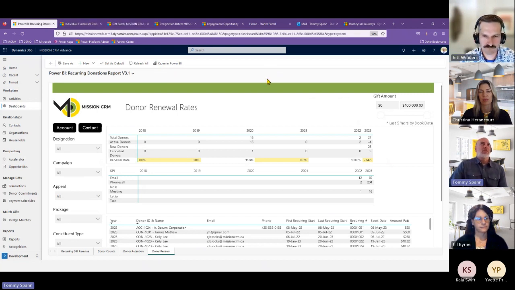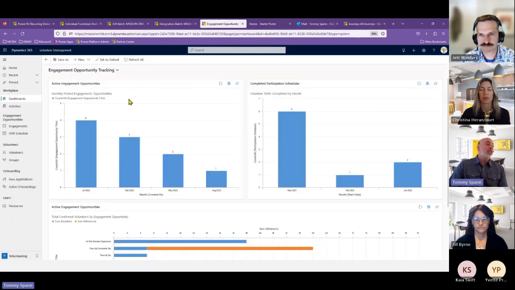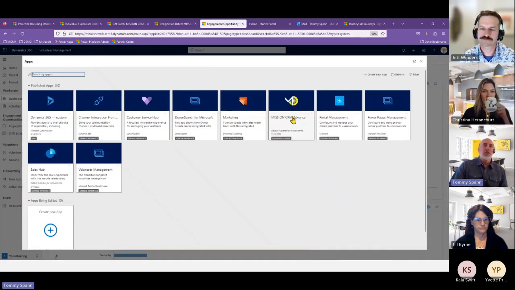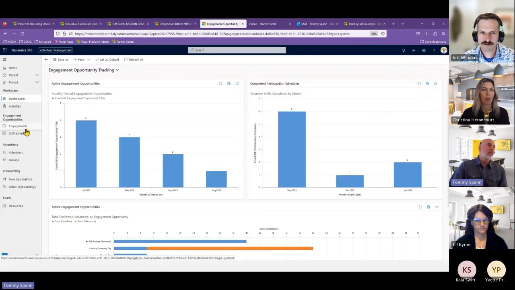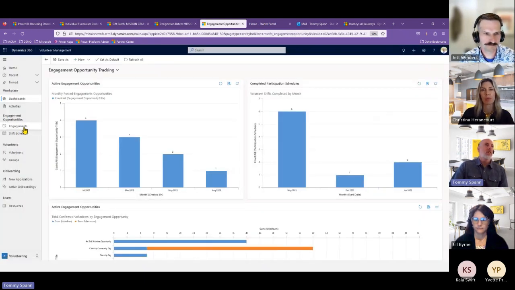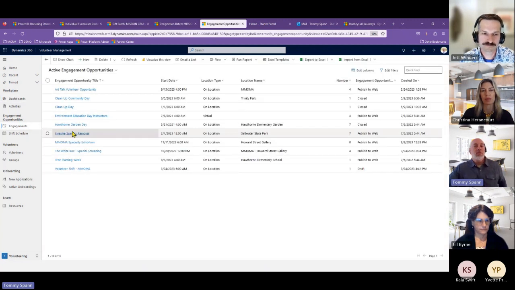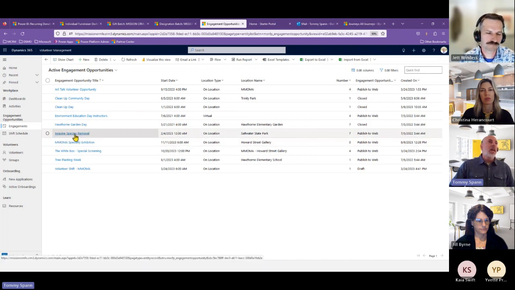Another example for the Microsoft Cloud for Nonprofits is the volunteer management solution. So volunteer management, if I click up here again, you'll see we have the mission application, we have the volunteer management application. But if I go into the volunteer management application, I can see a series of engagements that allows me to keep track of who and what and where are we going to get together for this volunteer activity. It might be a virtual meeting, it might be a physical meeting, and I can pick on any one of these activities